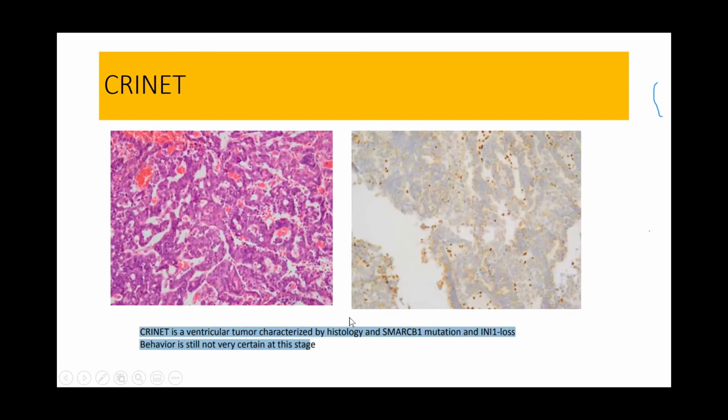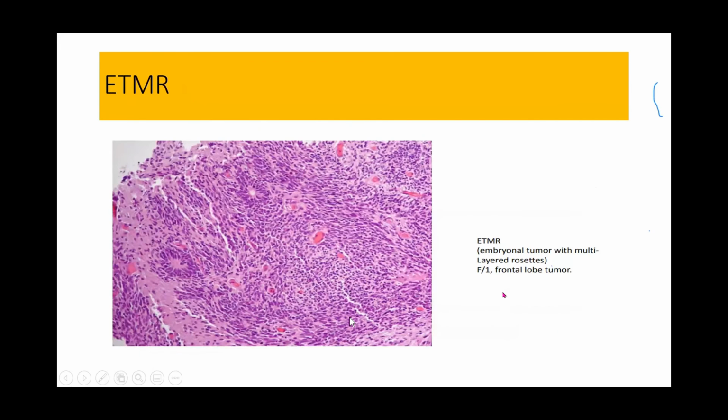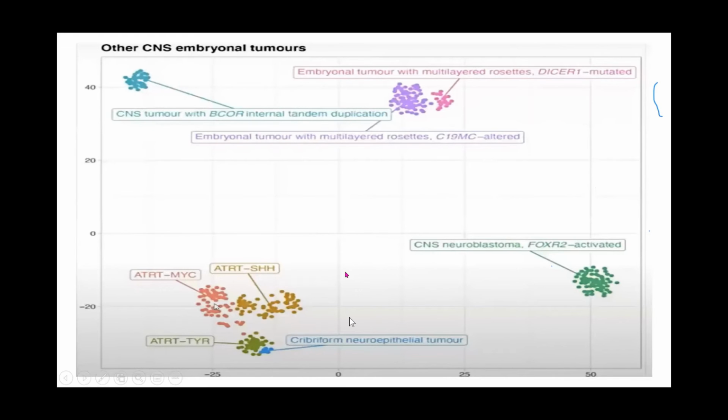So what is this CRINET? CRINET is a ventricular tumor in a child which is characterized by a very high grade histology. It shows INI1 loss. However, its behavior is not yet certain because there are very few CRINET tumors which have been definitely identified. Among the embryonal tumor with multi-layered rosettes, for example, it looks like an embryonal tumor, very primitive looking, high-grade, small round cells, and